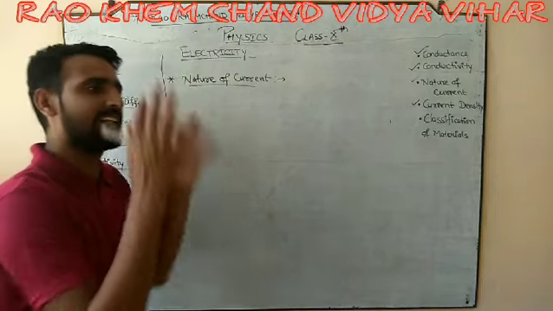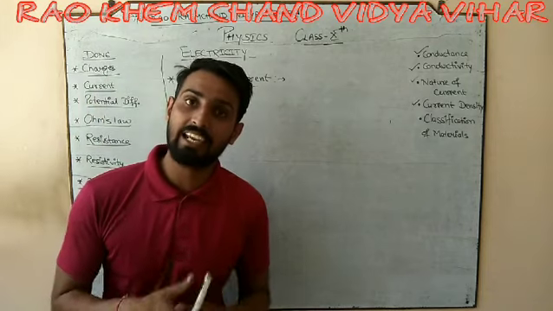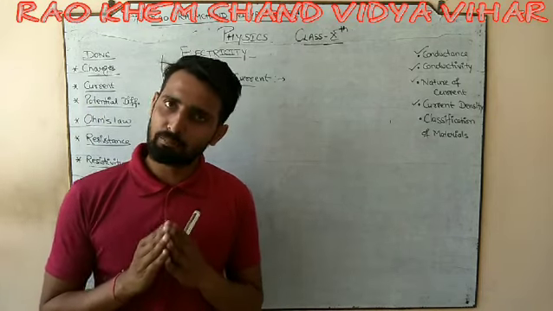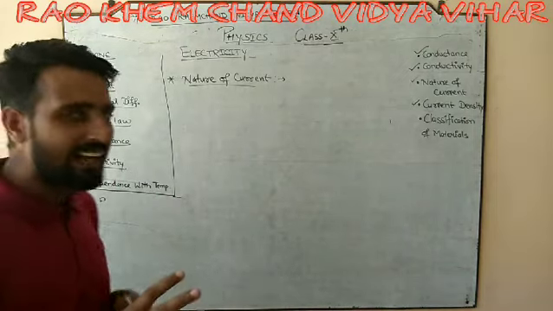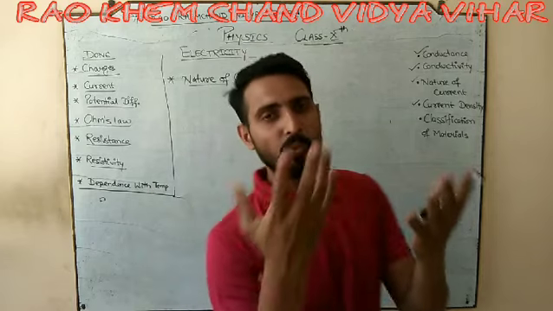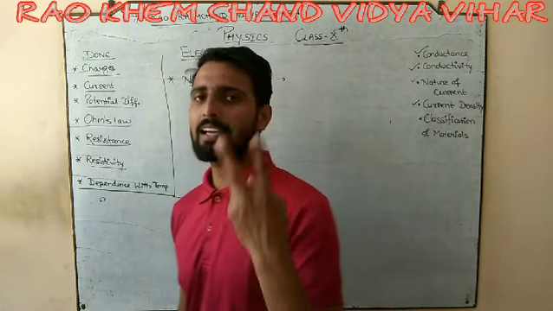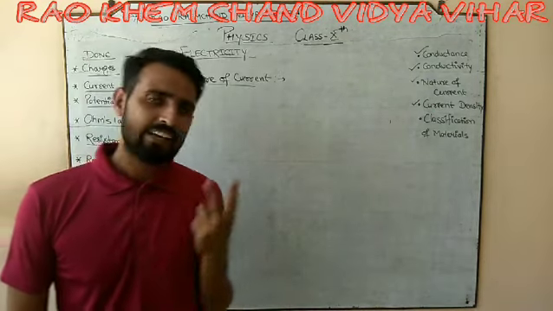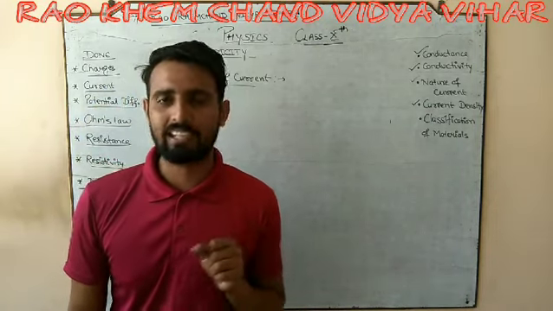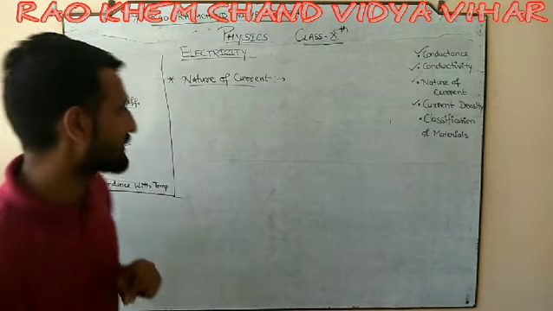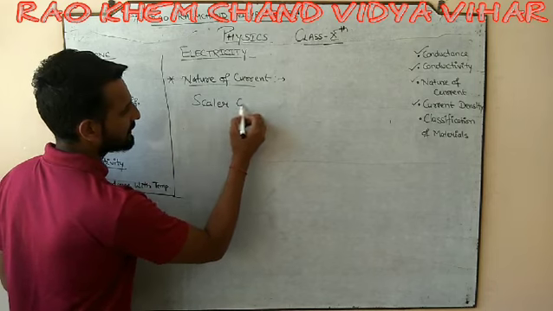So if we want to draw any circuit diagram, we will indicate the direction of the current. So that would be important to us. It is very important for us. What is the direction? So current has magnitude. So we will write the current 2 ampere, 3 ampere from positive to negative. So current has magnitude, current has direction. So if any quantity has magnitude as well as direction, what do we call that quantity? Vector quantity. But there is something surprising about the current, and that is that current is a scalar quantity.